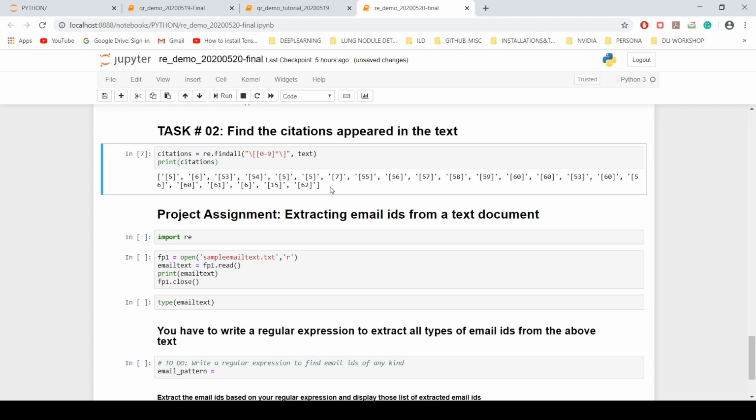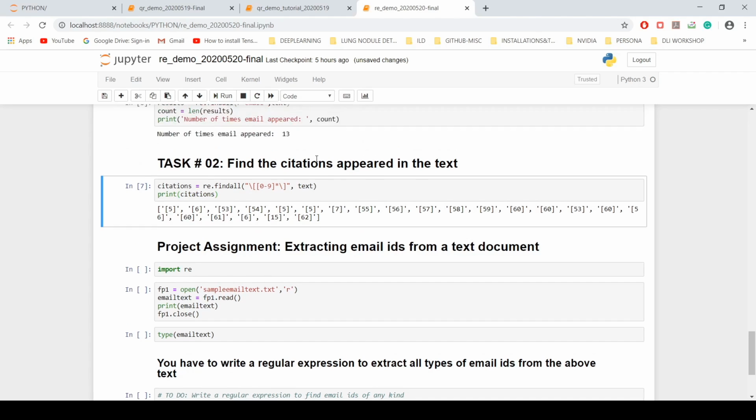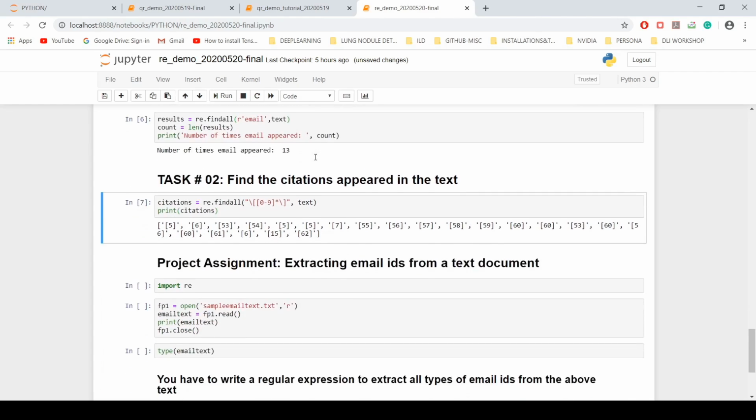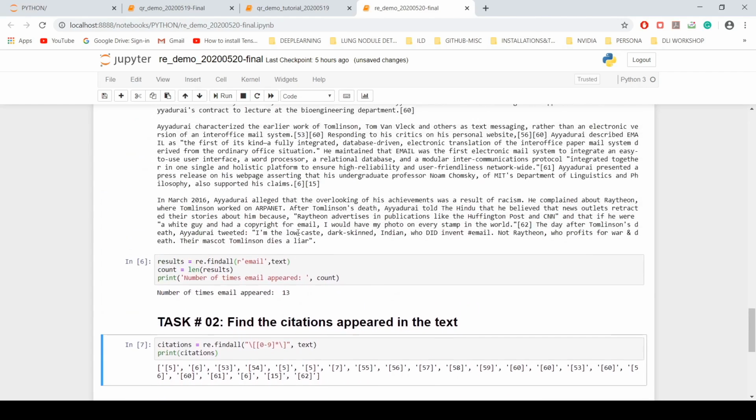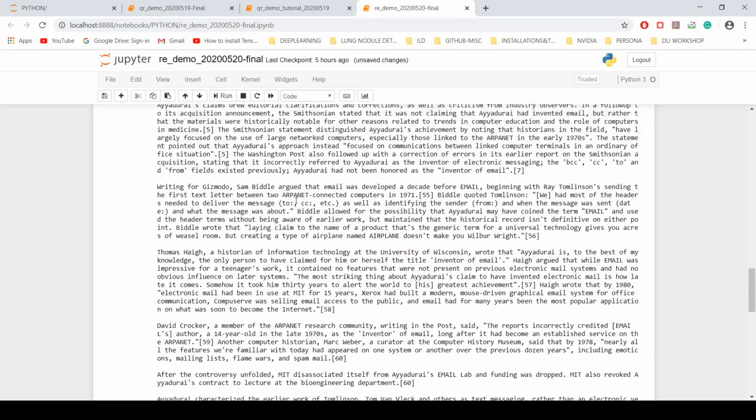While writing a research article, you can complete your article and then find whether anything is missing or not with the help of this code. So these are the references that are being cited in this piece of text.